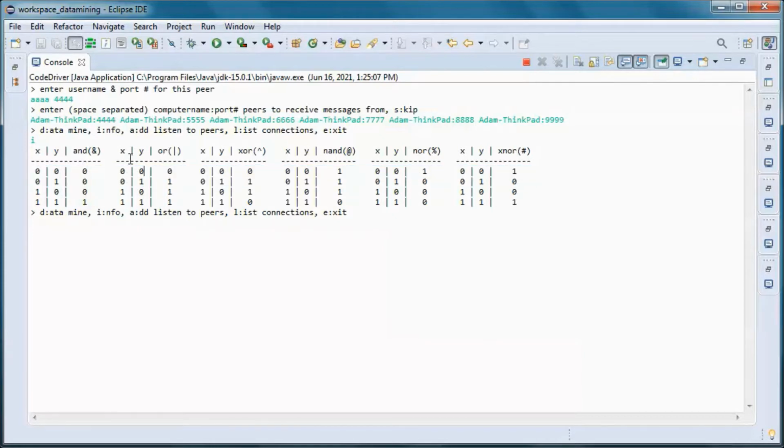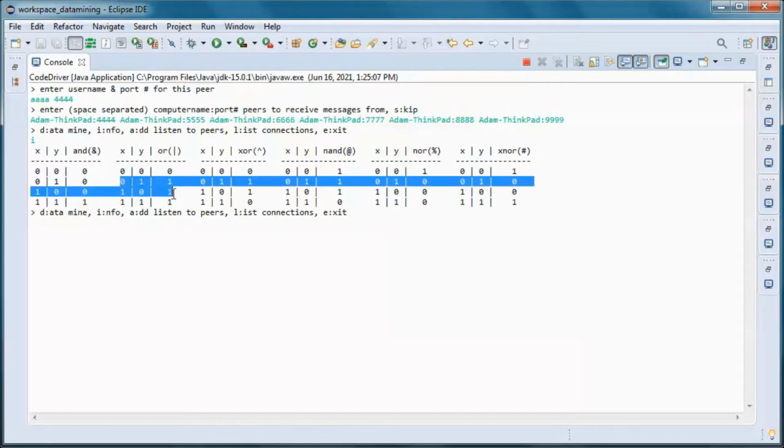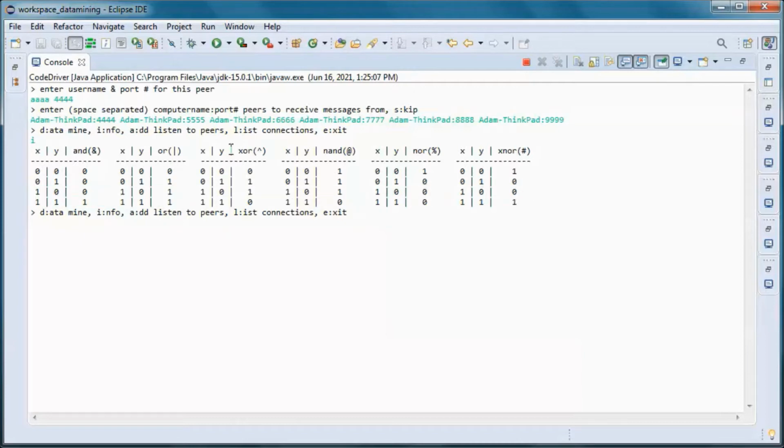And for OR, if we have 2 false, then we end up with false, otherwise we end up with true. For XOR, if we have 2 of the same type, then we end up with false, otherwise we end up with true. And NAND is the complement of AND, so the inverse of this one.